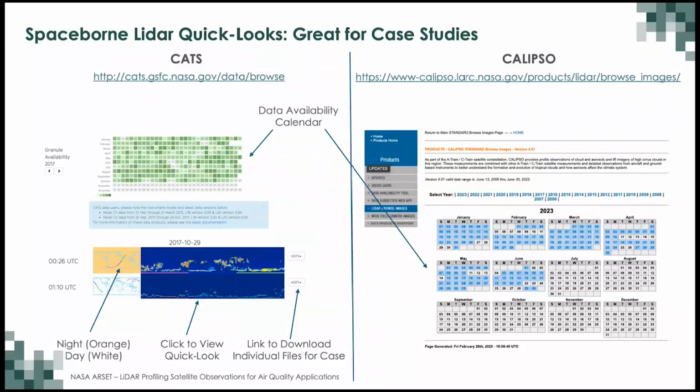For CATS, for example, there is an option to download HDF5 files associated with that. We call it a granule, or this chunk of the orbit. So just a subsection of the orbit. However, if you want to download, let's say, a month of data or a year of data and look at longer time scales of analysis,